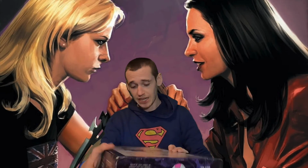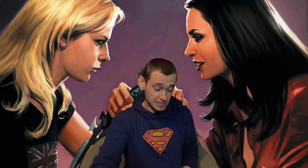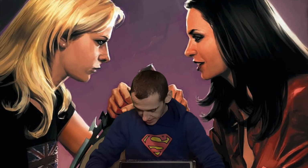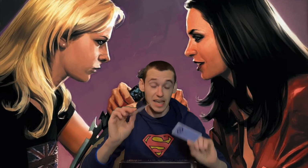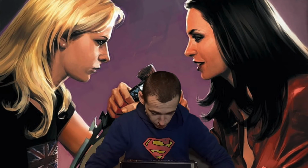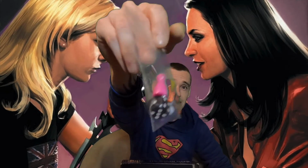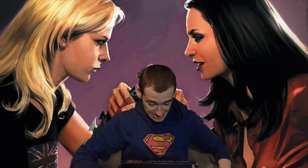So it's literally a board game that I never got around to playing. I did open it to have a look at the pieces and at the board. It's very, very basic. It's just literally a card game with a board. I'm not even sure what the character pieces are. Oh, the character pieces are literally these cheap little plastic things with a guy. So yeah,